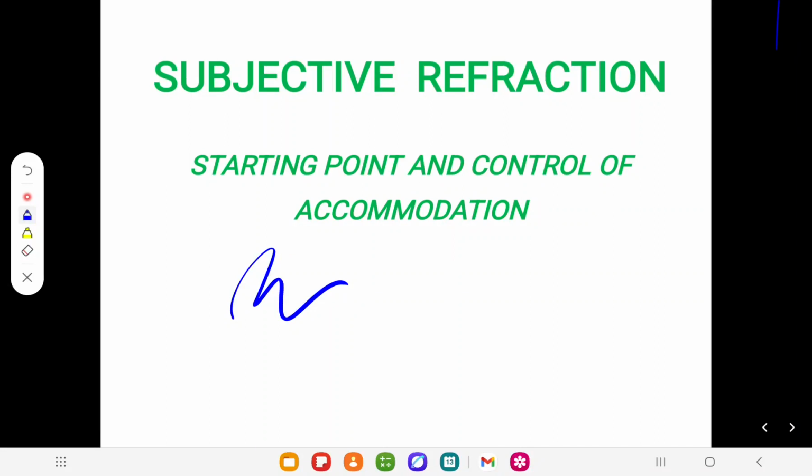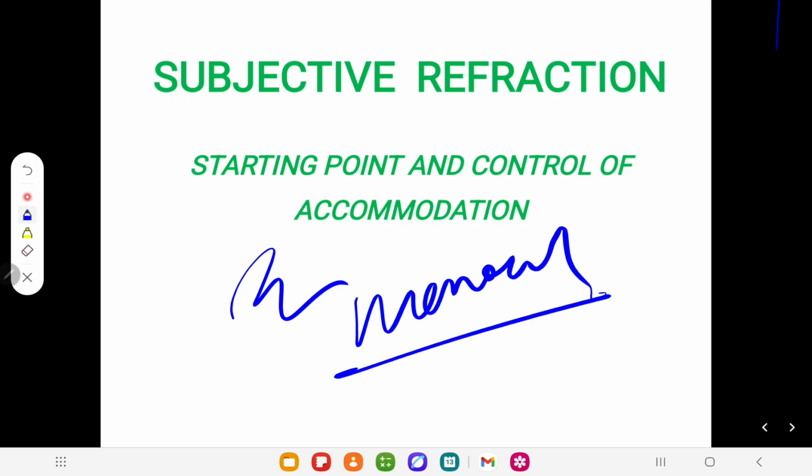Okay, we're starting subjective refraction. Basically, I'm starting monocular subjective refraction. It's monocular, okay? Not binocular. Binocular subjective refraction will definitely start after monocular subjective refraction. So, in this presentation on monocular subjective refraction, we cover only two things, that is starting point and the control of